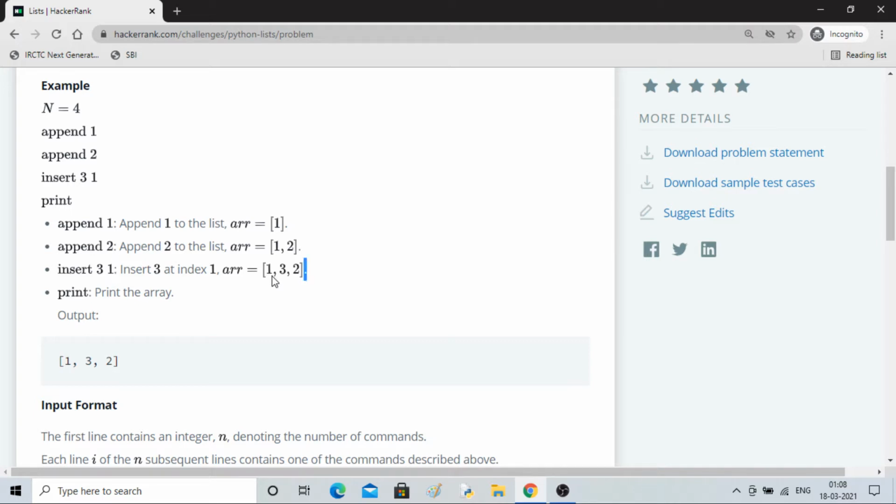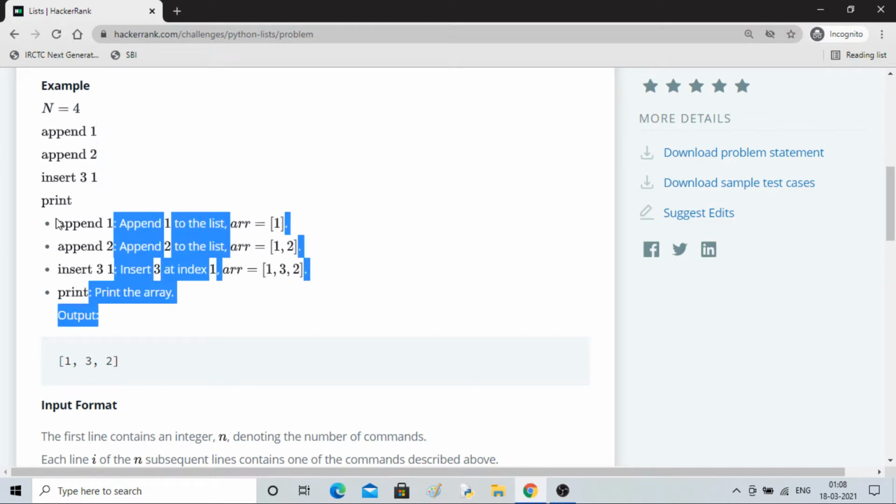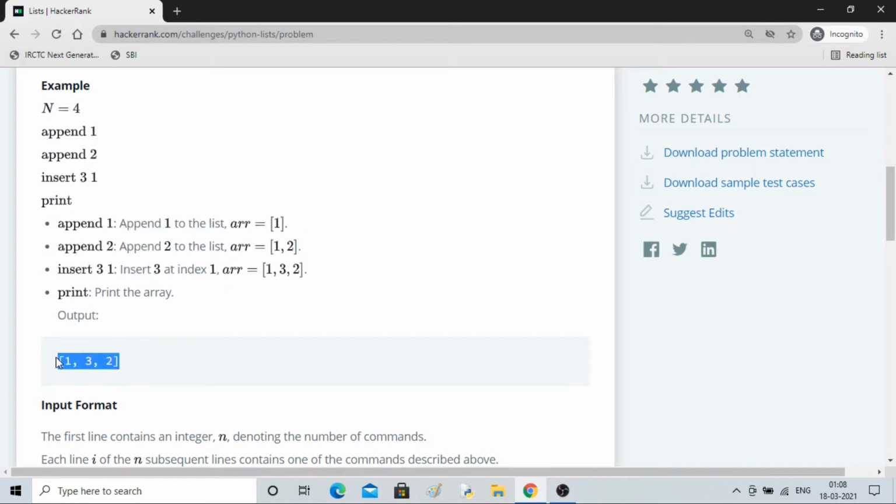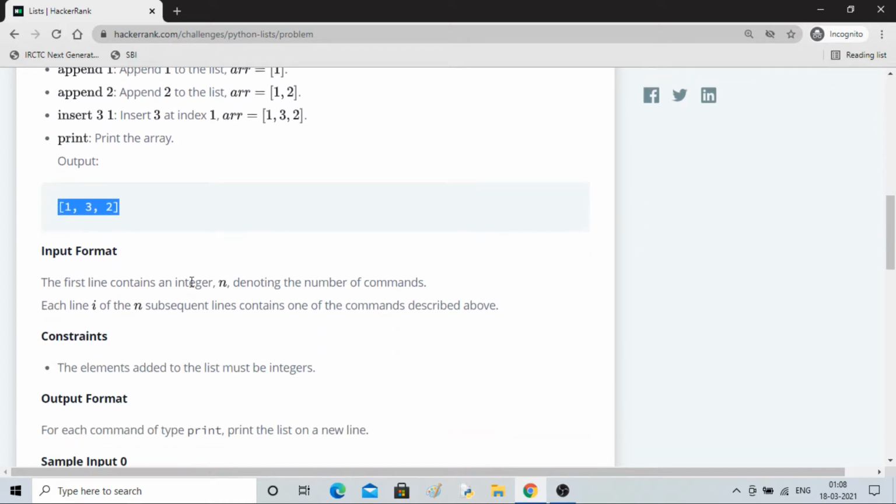Okay, so at index 1, that is 0, 1, this is the 1st position, you have inserted 3, and then you have to print the array. Here you can see all these operations are performed like this, and the output is 1 3 2 at the last. So that's how we have to do it.